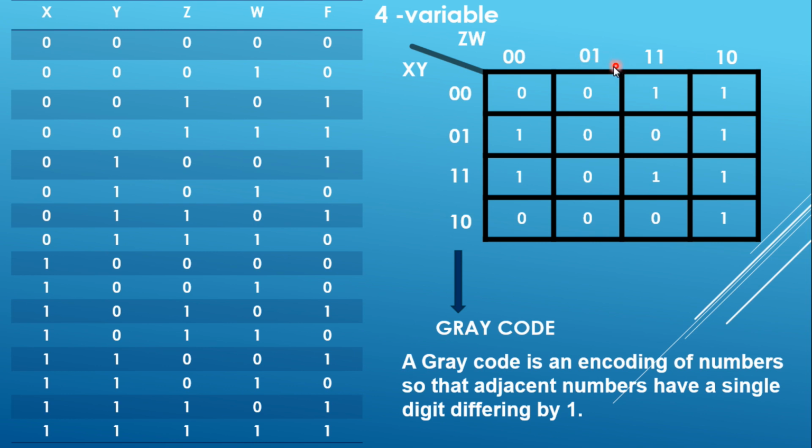But when I'm writing 1 1, so you see from 0 1, when I'm moving to 1 1, I'm changing the first 0 to 1, but the units place 1 is remaining 1. So there is a change only in a single bit. Similarly, when I'm moving from 1 1 to 1 0, you see the first one is the same as the one here, but the second one is changing to 0. So there is a change only in a single bit. This type of coding is known as gray code.